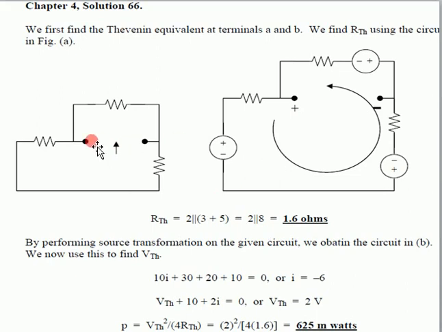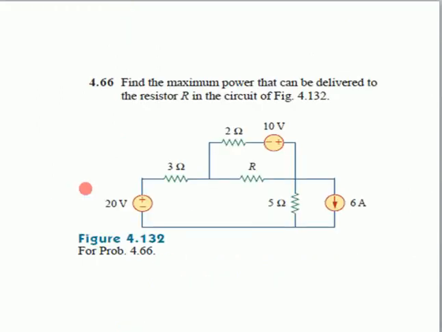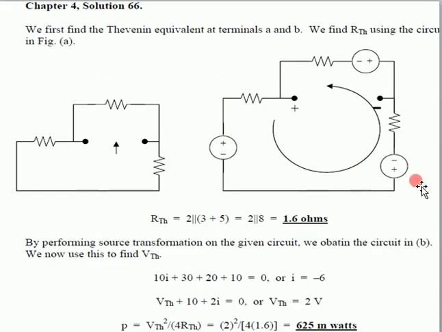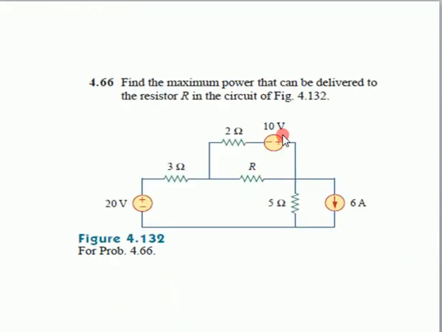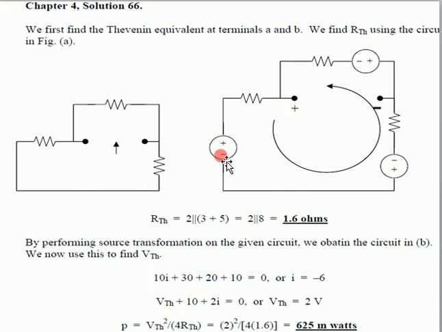Now in order to find out the value of VThevenin, first of all we will transform this current source into the voltage source. So source transformation is also occurring here. When we transform this current source into voltage source, 5 is multiplied by 6, so the voltage source will be of 30 volt, and the downward will be the positive terminal and the upward will be the negative terminal. So you see here this is that 30 volt source. This upper source is of 10 volt and this is of 20 volt.